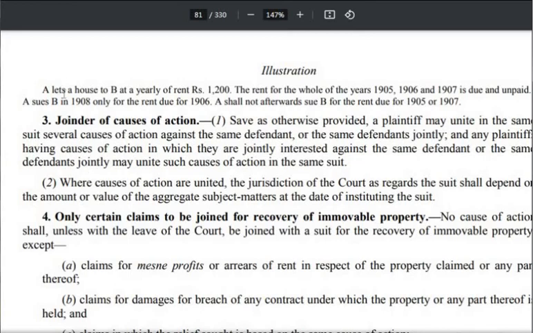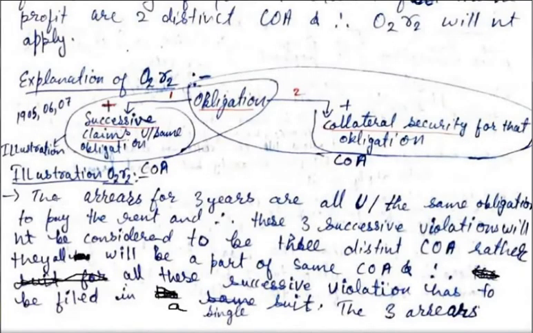A lets a house to B at a yearly rent of rupees 1200. The rent for the whole of the years 1905, 1906, 7 is due and unpaid. A sues B in 1908 only for the rent due for 1906. A shall not afterwards sue B for the rent due for 1905 or 1907. ठीक, तो इसका कारण तो आप समझ गए हो। जब इसको 1-2 सेंटेंस में लिख लीजिए आप। तो